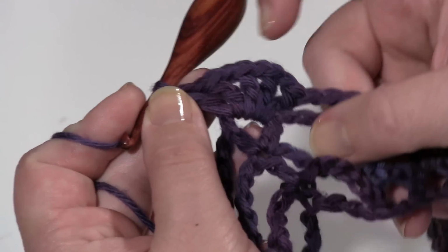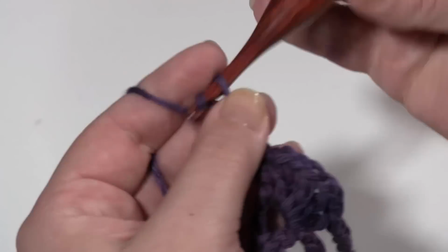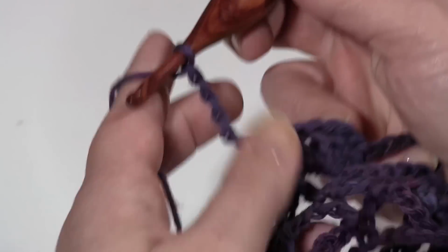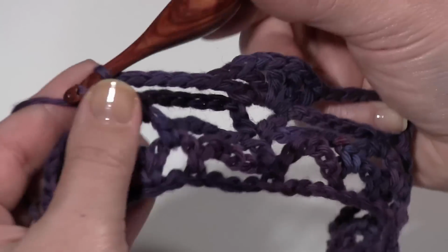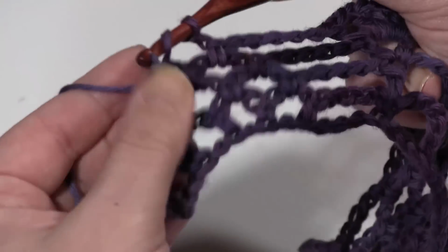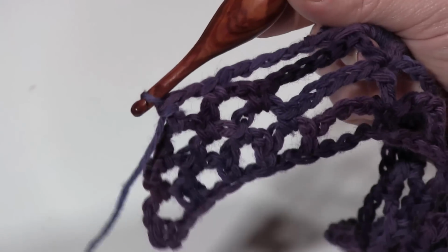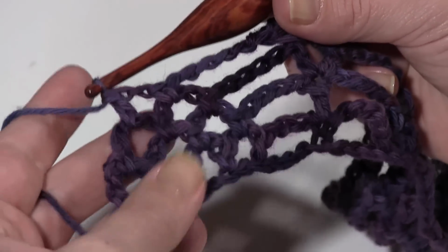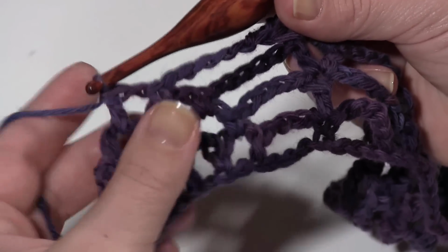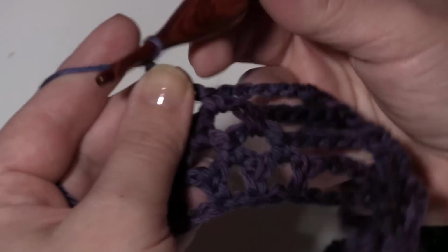So we've done our 5 double crochets with 4 chain 1s in between, chain 5, and we're back to our last berry. Single crochet in the first loop, chain 1, double crochet in the last one. See, even I'm remembering now. There we go. And now we've finished our last berry, and we've made 4 rows. Okay, so now we're really going to get started on that next set. What I'm going to do is chain 1,